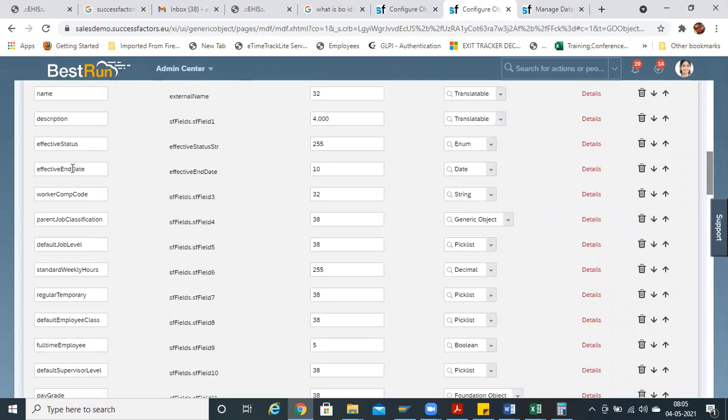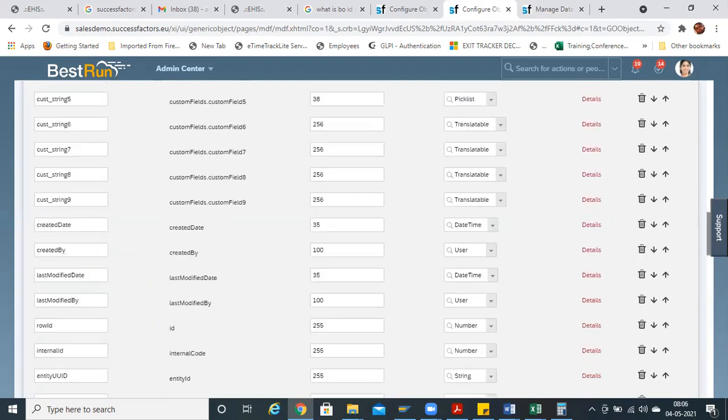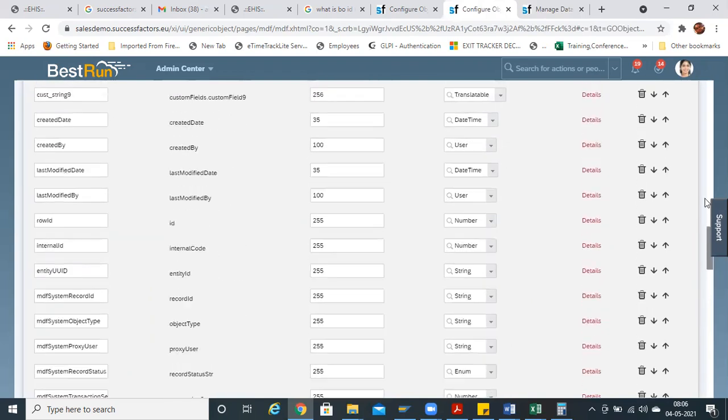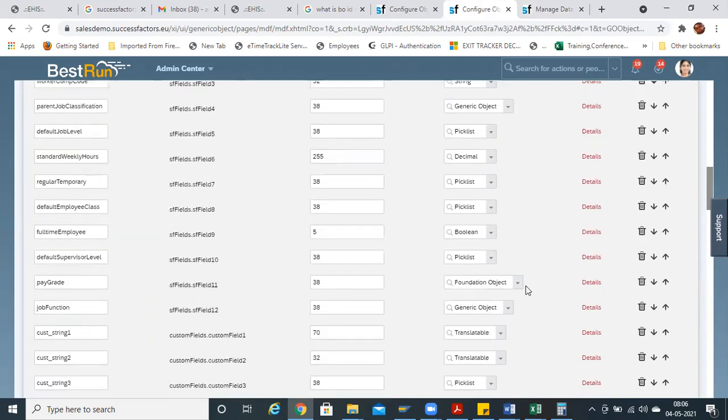If you want to mention country here, you have to mention any code like country registration, and you have to mention the foundation object. No, country is a generic object. Foundation object is XML object. So you have to mention the generic object and give the country. Based on the data type, if it is a pick list, you can make a pick list over here.